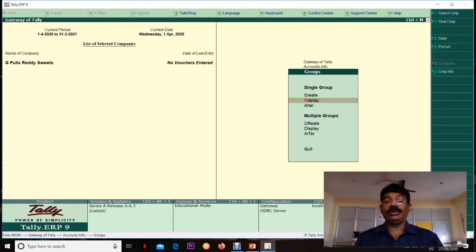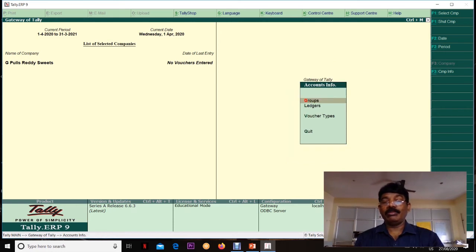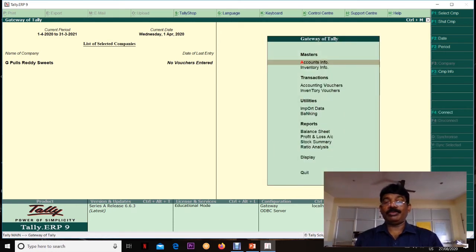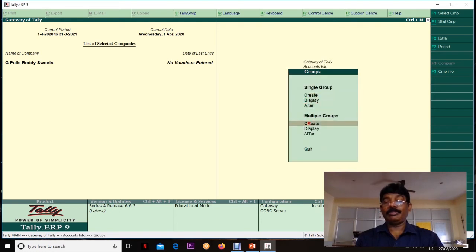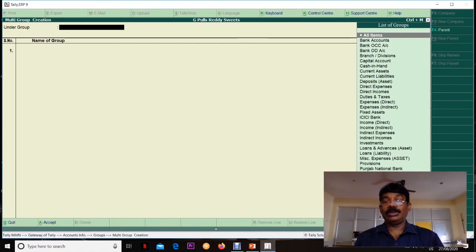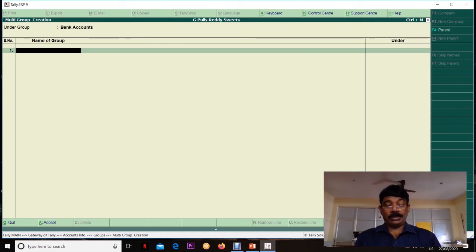Then coming to the creation of groups under multiple, the procedure is the same: accounts info, groups. Here the path will change. Select the create button under multiple groups. Take only the bank accounts group, and we have to create three bank accounts. State Bank of India,